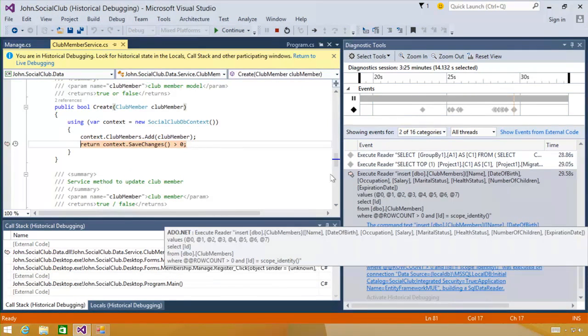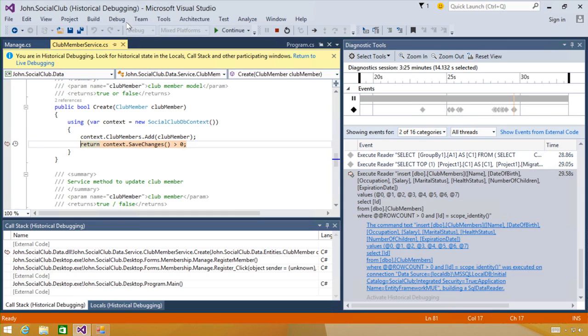Once I do that, Visual Studio enters what we call historical debugging. There is an info bar at the very top letting you know that the state of what you're looking at right now is set in the past, and you should look for other debugger windows that are participating in the historical debugging experience. And in fact, if I look below my code editor, where the call stack window is, I